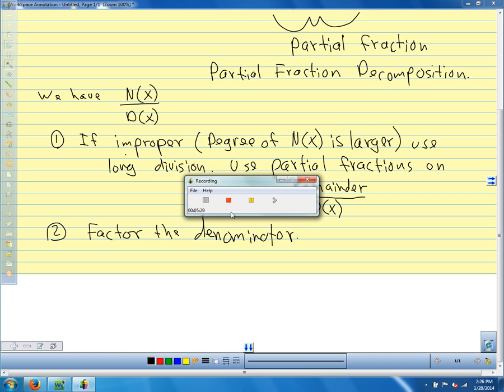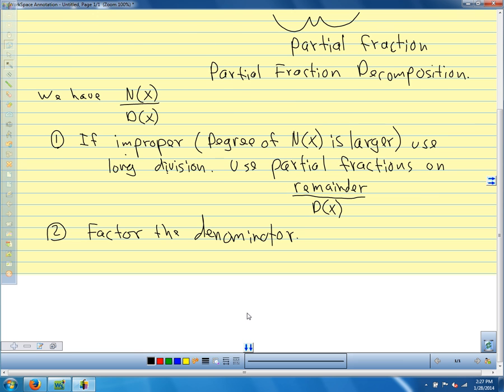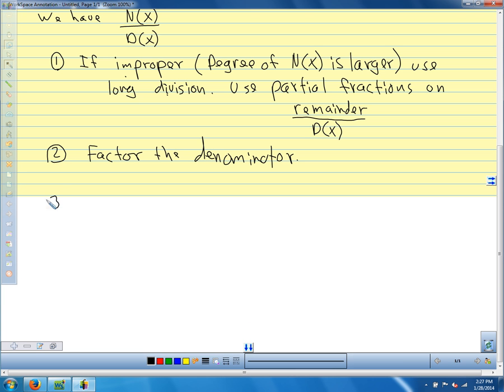Let me pause this. And we know that when we factor the denominator, we're going to get either linear factors or quadratic factors. We can always factor a polynomial into linear factors and quadratic factors. That's one thing we figured out in chapter 2, that's always possible. So we're only going to have two possibilities in the denominator: linear factors and quadratic factors. So for each linear factor,